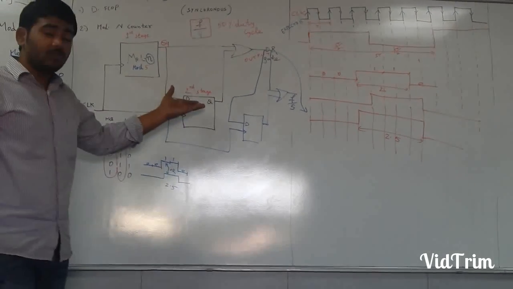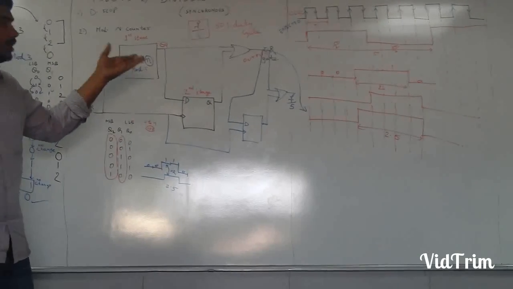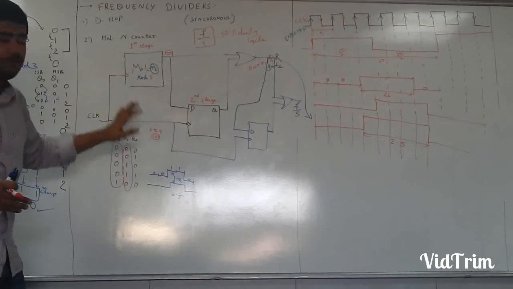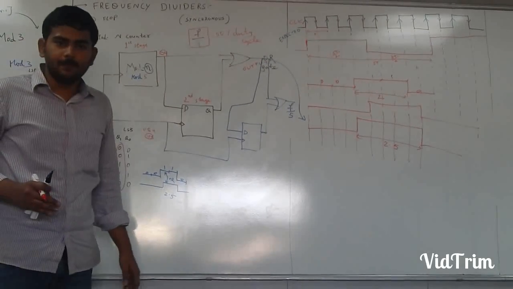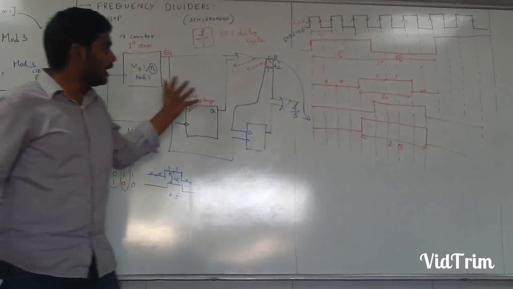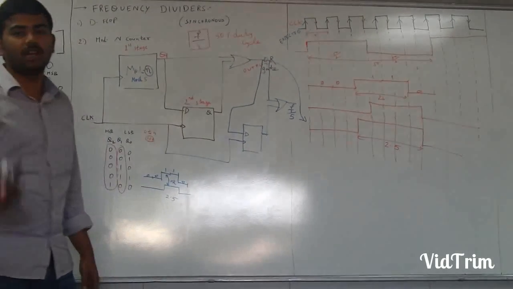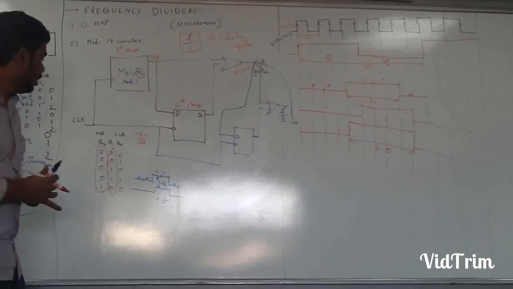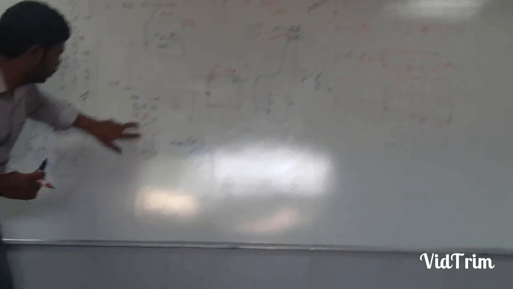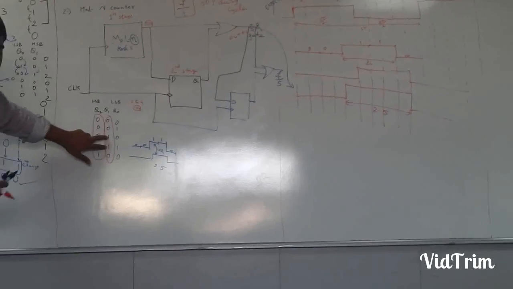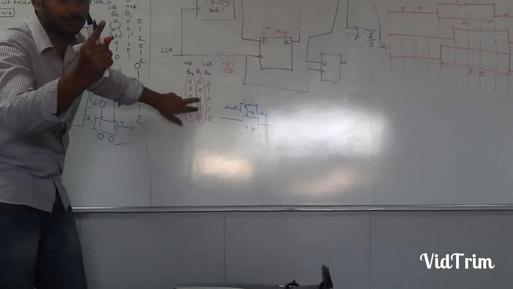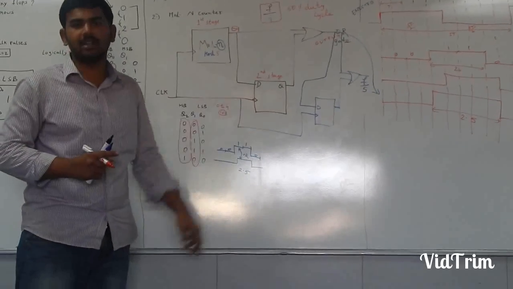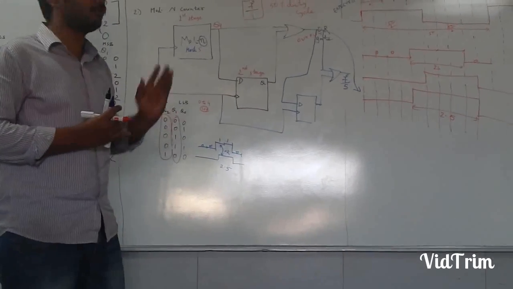So here, to meet that area constraint, if I had an area where I can accommodate only 4 flops and 1 OR gate, you can't go for 5 flops and 2 OR gates, which is 1 flop and 1 OR gate extra. So always we should optimize our design. By seeing this, we should know that 2 clock pulses are on. So to make the 2 into 2.5, I can capture it at negative edge, delay it by half a clock pulse, and OR it.